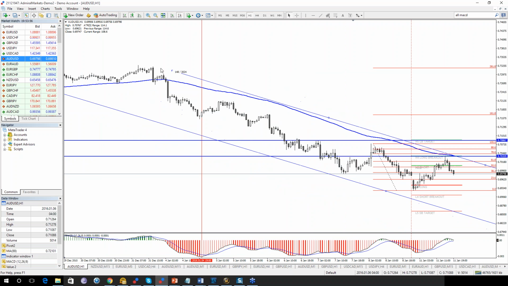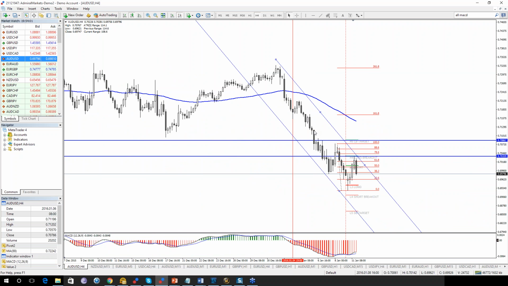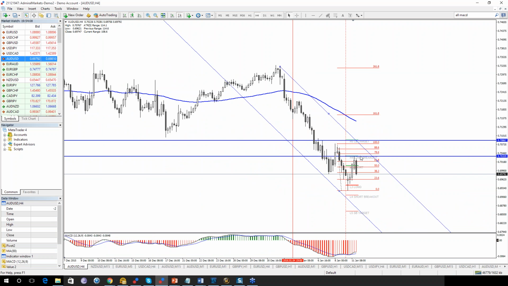And channel line should definitely be watched on the 4-hour time frame. See here, if it spiked up, you will need to connect these tops with the new top. And you see it here on 4 hours. See, previous buyers, sellers here, retest, trade continuation. Very strong confluence. One of the reasons I would really try to sell it here rather than here, because it's already playing out, is this confluence.